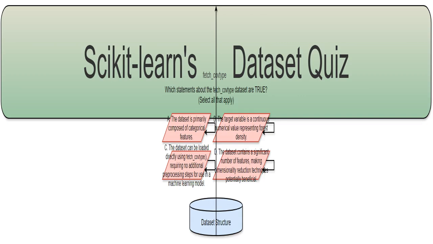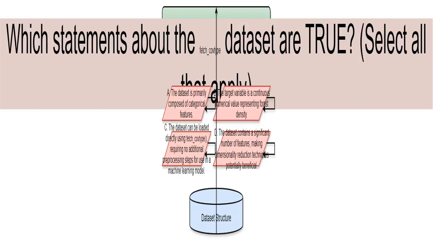This is a quiz about the fetch_covtype dataset, which is a collection of data about forest cover types from the Sklearn library. I'll be testing your knowledge of this dataset. I'm going to give you several statements about the fetch_covtype dataset, and I want you to identify the ones that